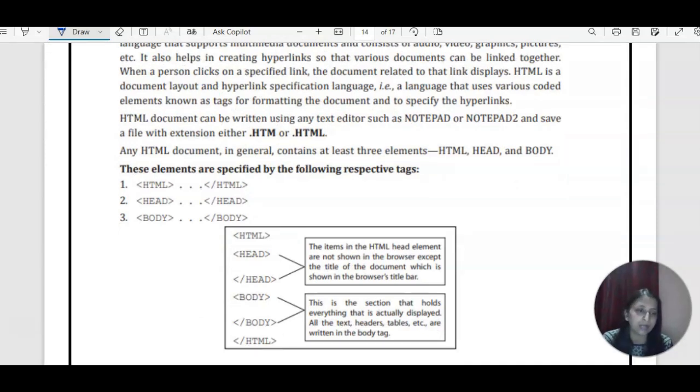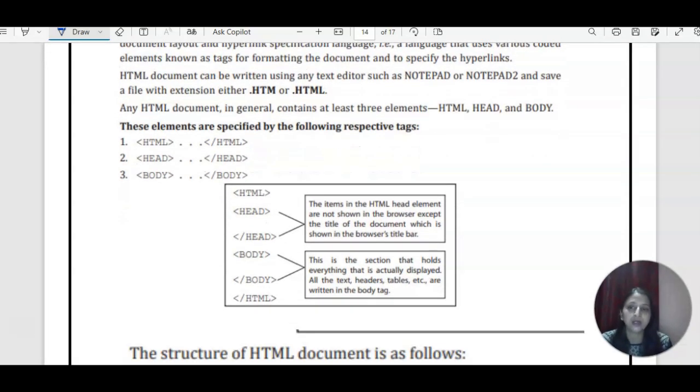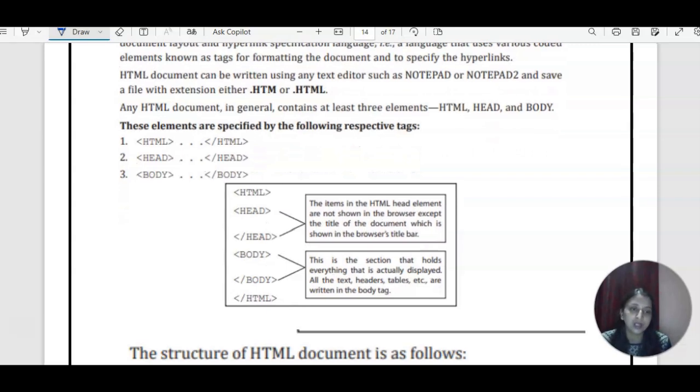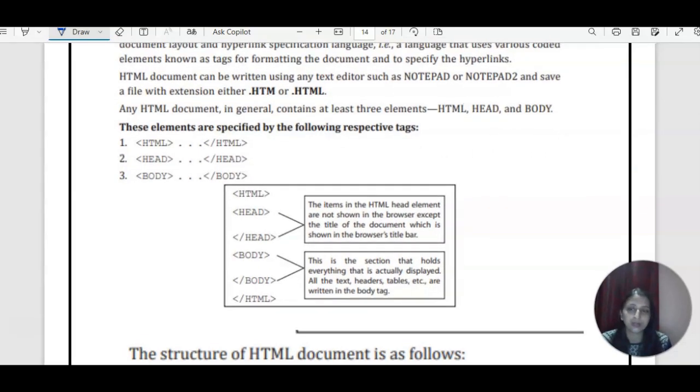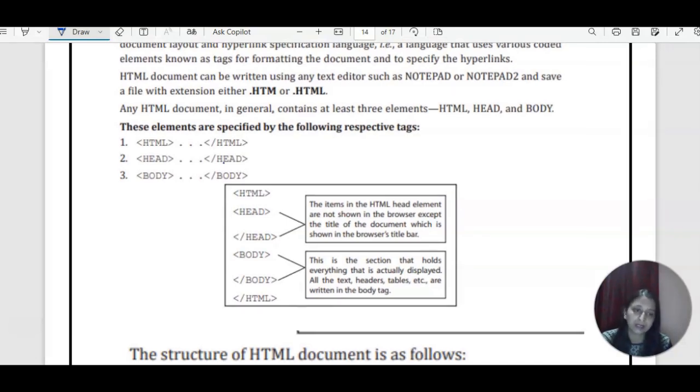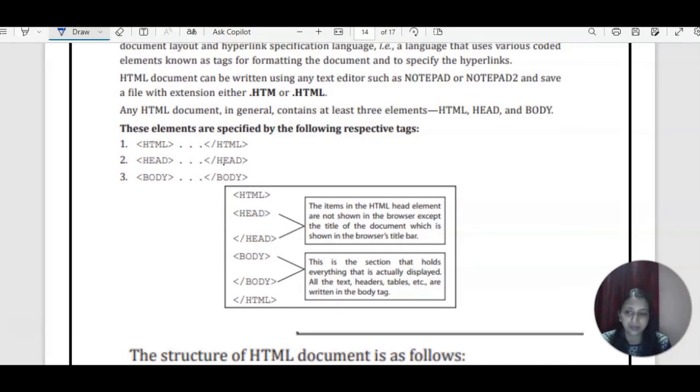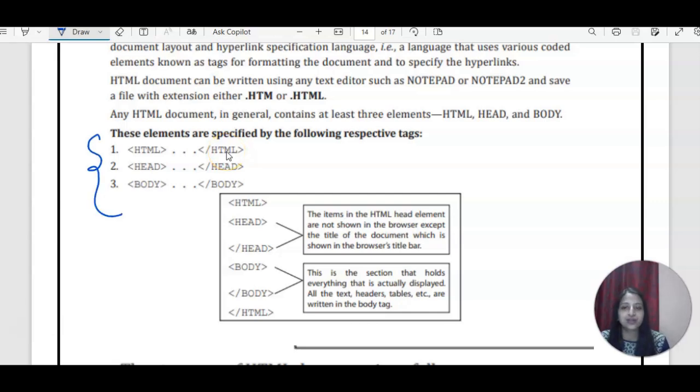This is the formal format of the HTML document, in which we have the HTML tag where you will write the whole tags. Then the head tag is there in which you can write the title, and the body tag is there in which you can mention everything. So here we have the structure of this HTML document. You have HTML, this is the opening and the closing tag of HTML. In between you have the head tag where you will be able to provide the title of your document, okay?